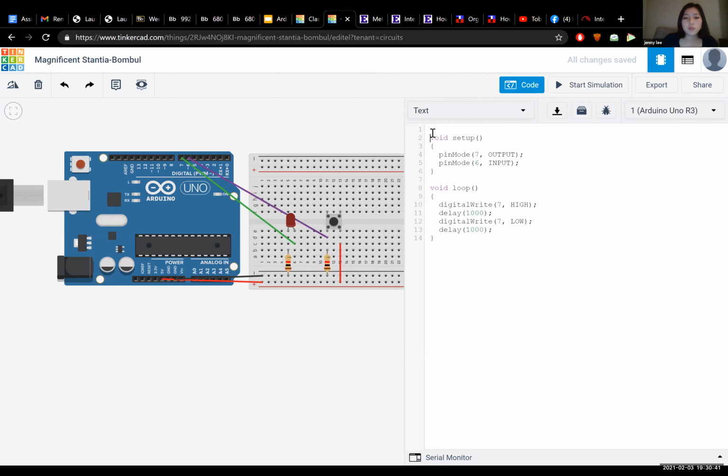Let's create just a random flag. You have to declare it globally. If you declare it in setup, it's not going to recognize it in loop. So I would just suggest that you declare it globally over here. And then let's do